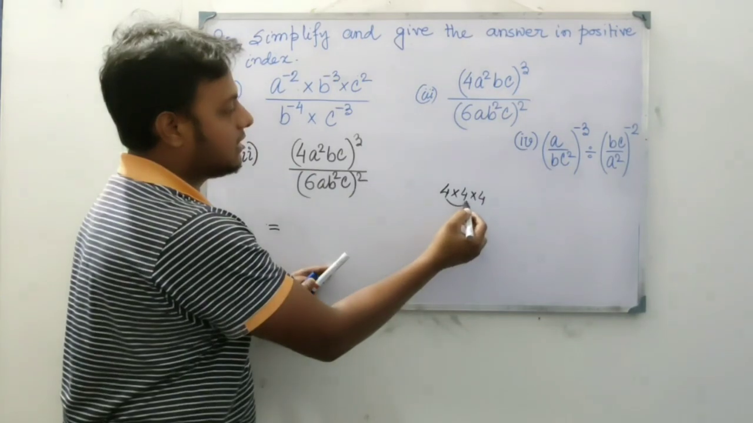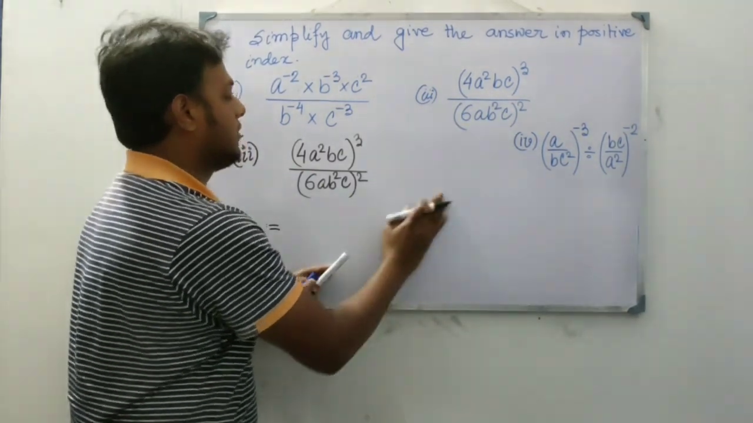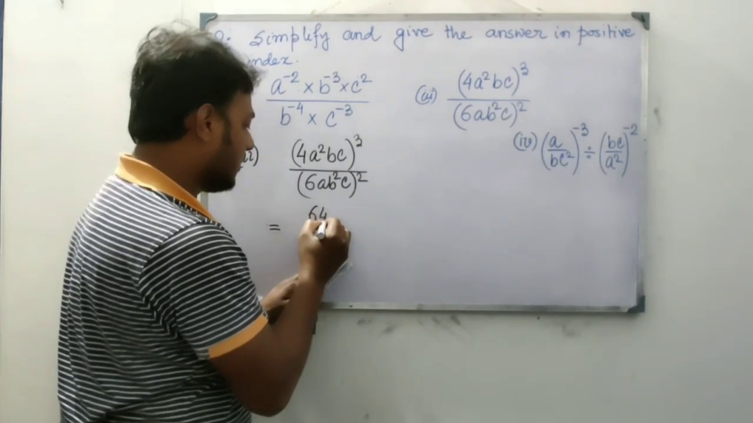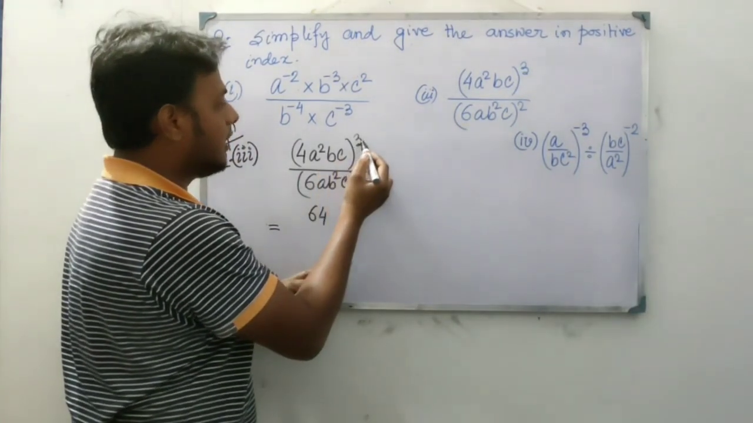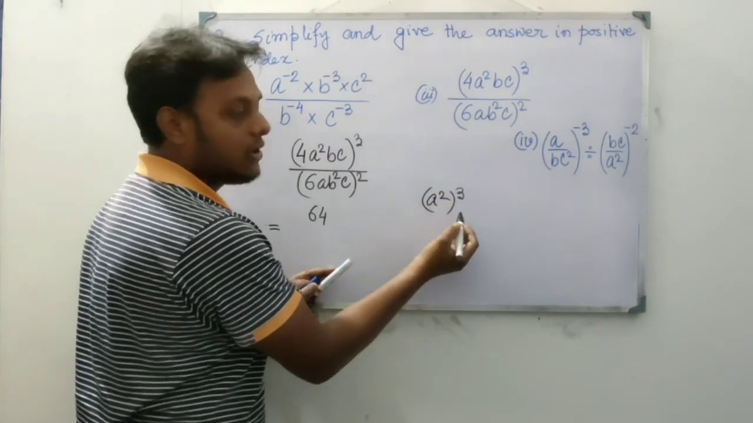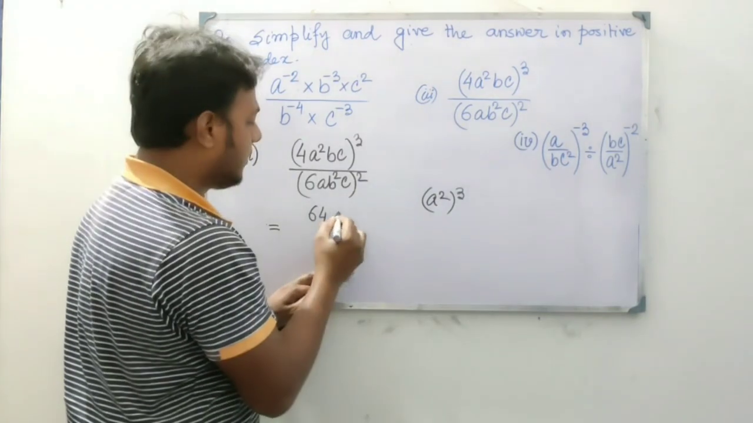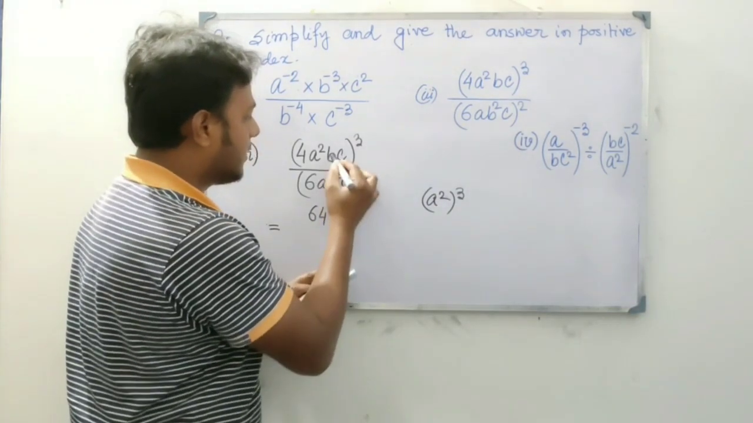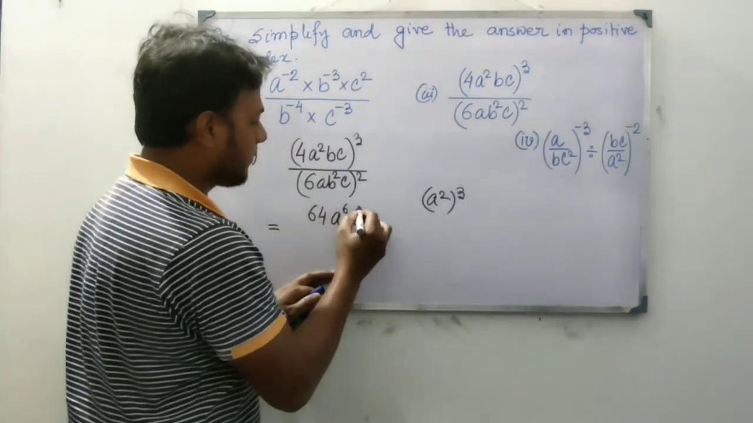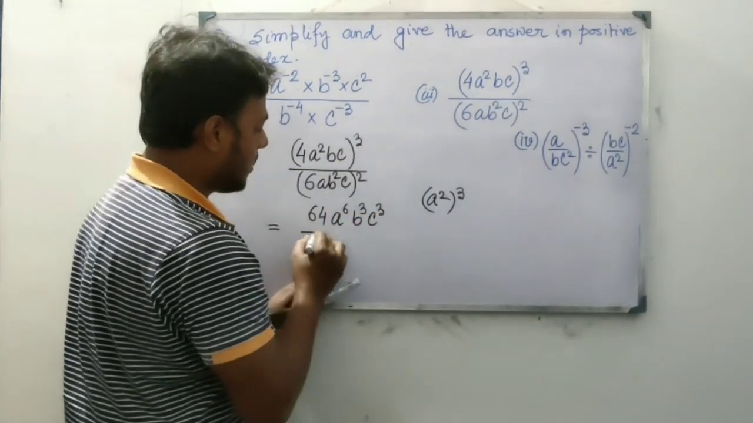So 4 4s are 16, 16 into 4, 64. So it is 64. Now a square, then cube: a square, after that cube. So I told you that we can multiply this power, so it will become a to the power 6. Next b cube, next c cube. So this is the numerator, and denominator will be